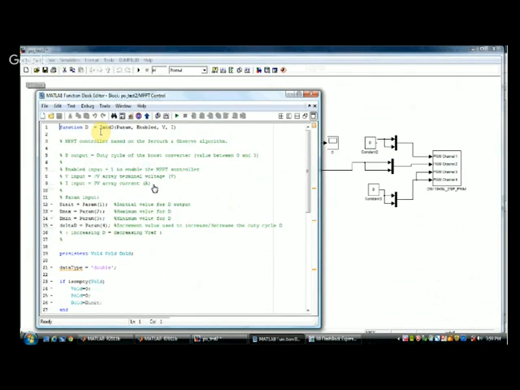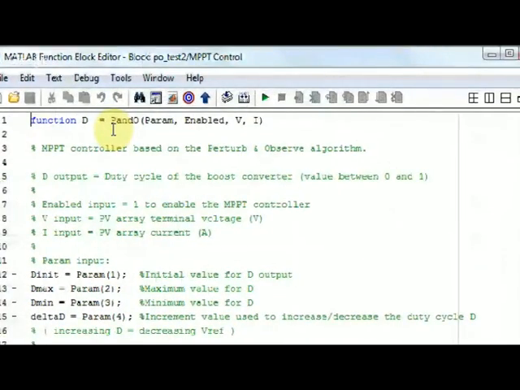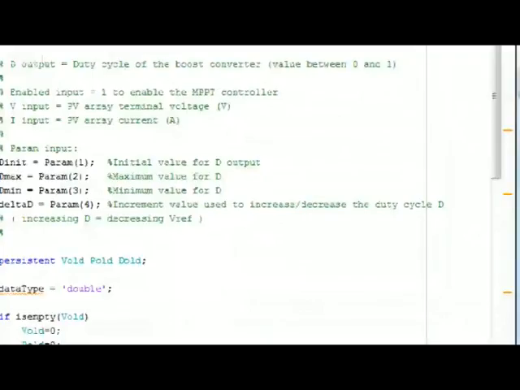Embedded block. Second day, Nera sir had come and told you how to create an embedded block, and you have to write the coding here. So here you can see I have written a function perturb and observe P and O. मेरा जो 4 parameters बाहर से आ रहे हैं उस दोनों 4 को मैंने define कर दिया and my output is my duty cycle. Can you see here? P and O parameters, enable V and I are my program inputs to this, and D is my output. Okay, so I have written the program here, the whole program.